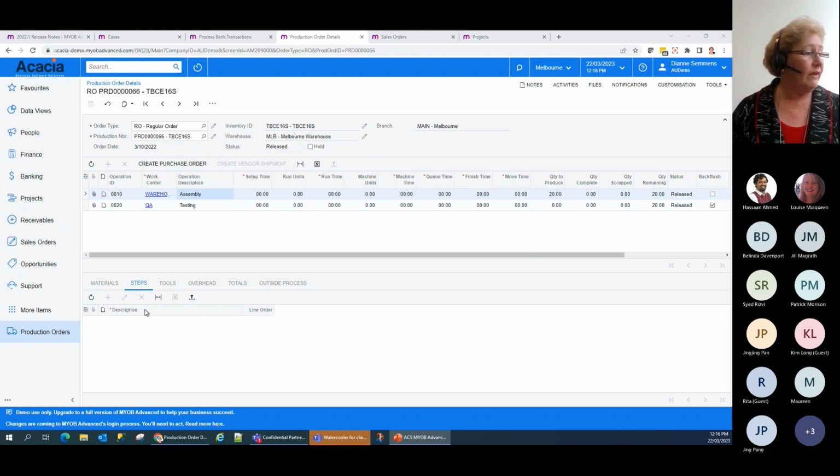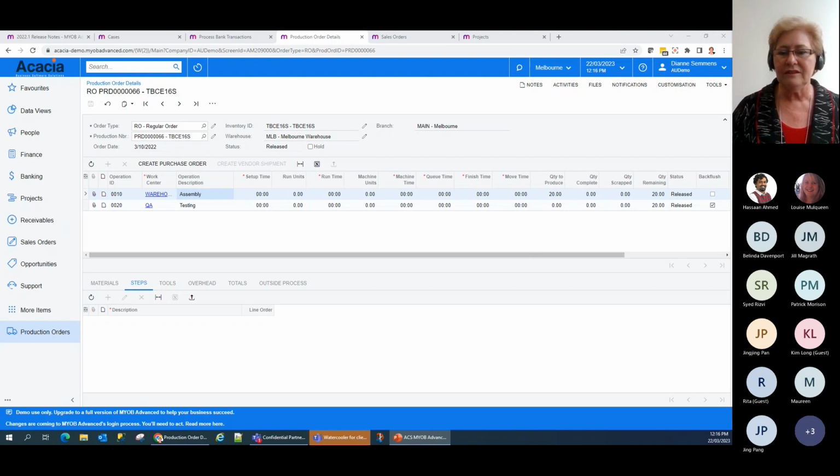Okay, so I have no steps after all that. We are actually running on a demo website from MYOB, and so unfortunately in our case our demo website is just a tad slow at some point in time. Yours should be a lot faster. So let me go back to my